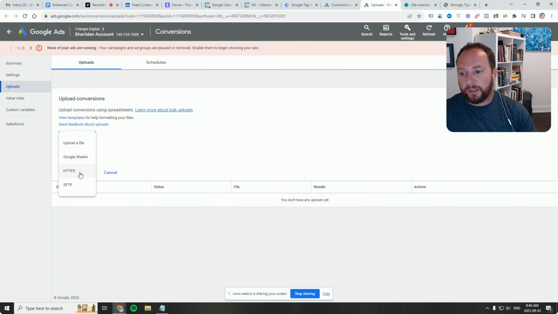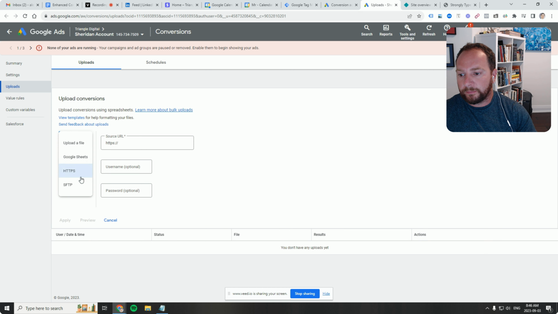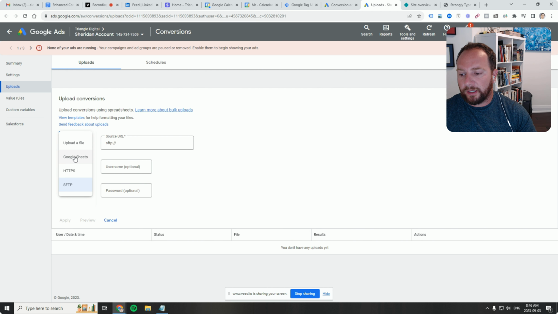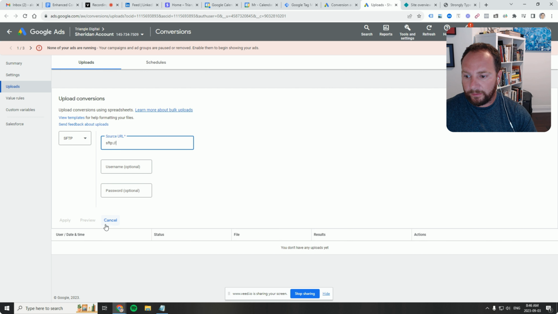You could use an FTP URL, or just a URL on your server, right? You can password protect it or not, or you can use SFTP, not just FTP, excuse me. And you can have it automatically update and that sort of thing. If it's a sheet, you can have it automatically fetch new data, or your CRM can handle all of this for you and then output it to a source URL. Okay,